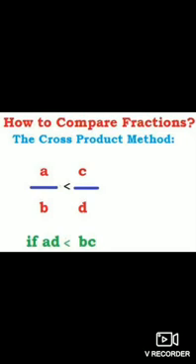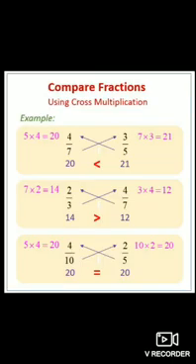How to compare fractions? The first method is the cross multiplication method, also called the cross product method. Let us consider a by b is the first fraction and c by d is the other fraction. You have to compare both the fractions by the cross multiplying method. So we will multiply a to d, ad, and b to c, bc. If ad is less than bc, we will understand comparing fractions with examples.